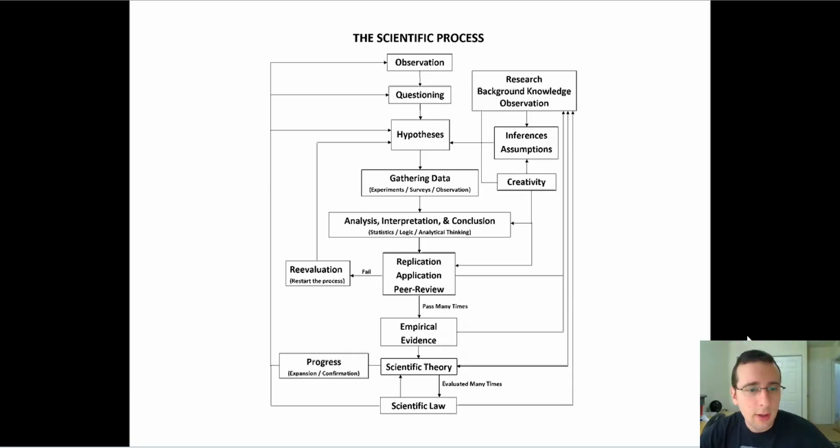After we do that, based on what we know so far, or our research, or background knowledge, and our observations, we make inferences or assumptions about the way that we think the natural world works. And these assumptions are used to generate hypotheses, which are predictions about relationships that exist between things in nature. And of course, this all takes a lot of creativity to even find out what to ask about, how to interpret the things we already know about, and how to put it all together to make predictions to try to explain the way that the universe works.